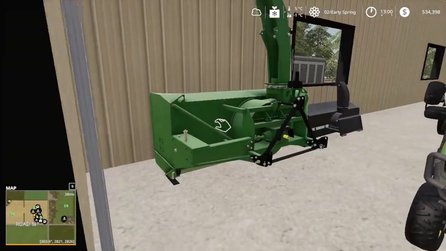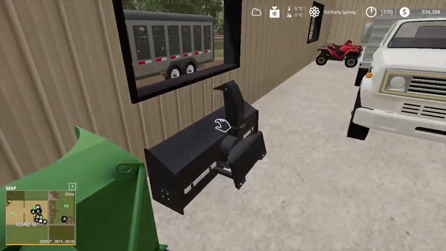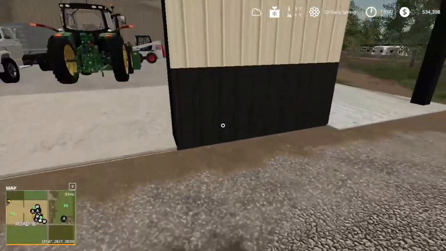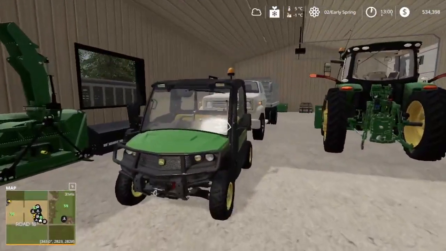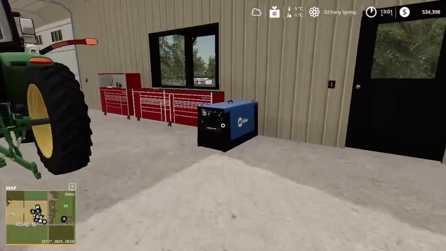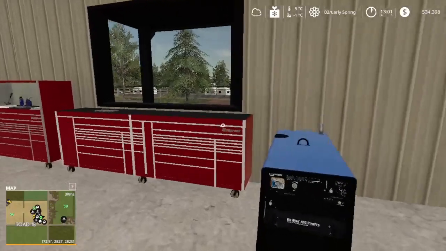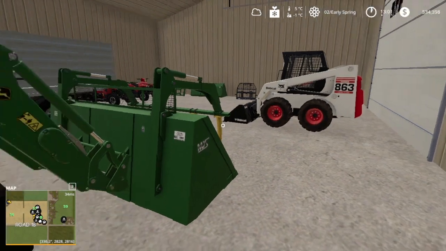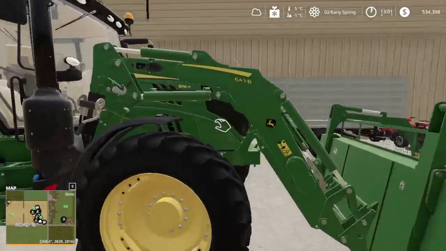We got a John Deere snowblower. We have a snowblower for the skid steer that they have sitting out front. But I thought instead of just sticking it out front here, I'd like to put it inside so that way it doesn't rust. We got a John Deere Gator. So we got a welder. I got some toolboxes just to kind of make this shed look a little bit better compared to nothing in it here. We got the John Deere